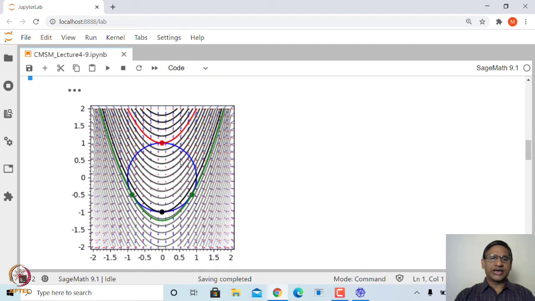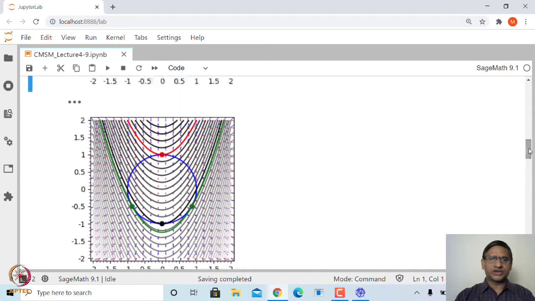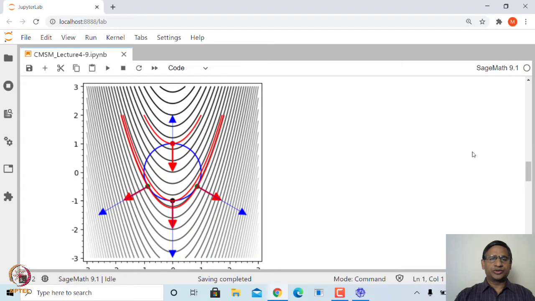So, if you try to plot the gradient of f and g at this stage, you can see here that the gradients will be almost parallel to each other. Let me just plot the gradients separately. This is plotted using a vector field plot. If you look here, at these points the blue one is the gradient of g and the red one is the gradient of f, and the gradients of f and g at these 4 points are parallel to each other. So, actually that is the geometric meaning.